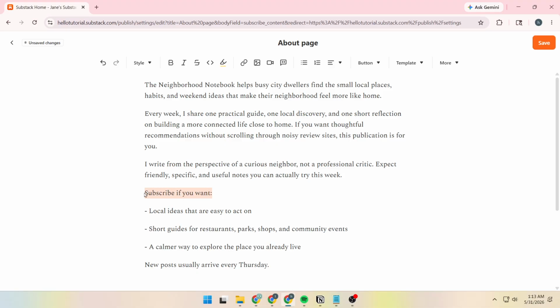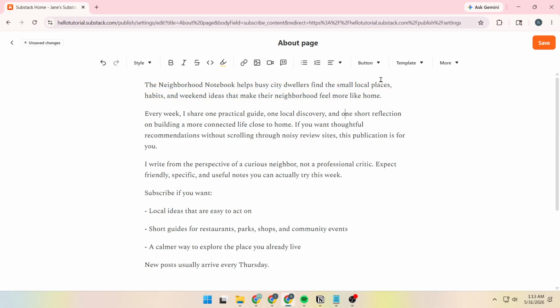Before saving, take a quick moment to review the first paragraph. Confirm that this opening paragraph names the audience and states the benefit clearly. These are the two things that anchor your positioning. Once you're satisfied with how the first paragraph reads, move your cursor to the top right corner of the editor